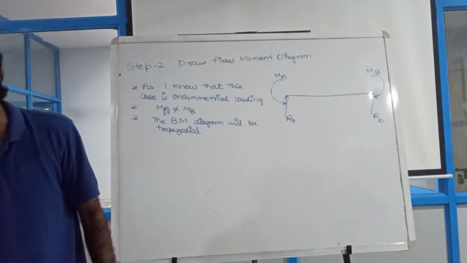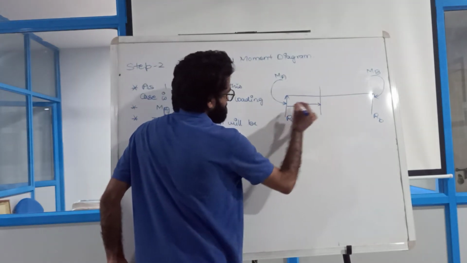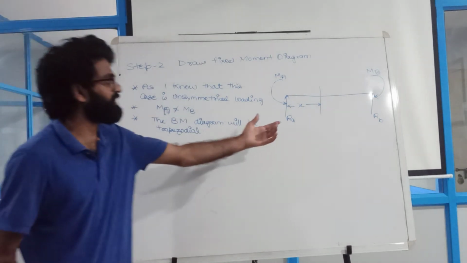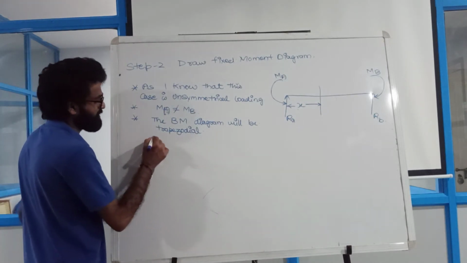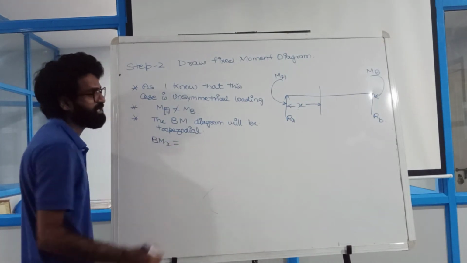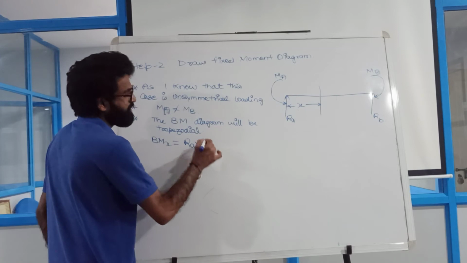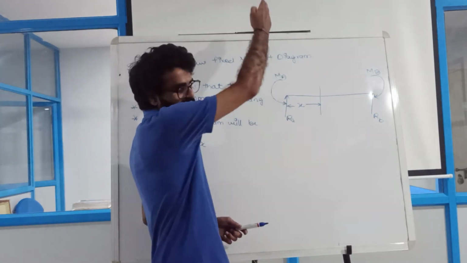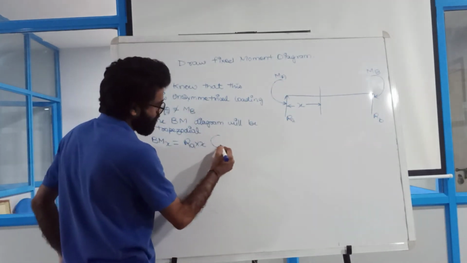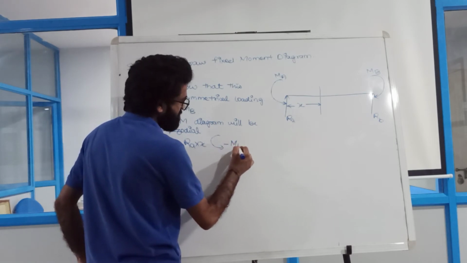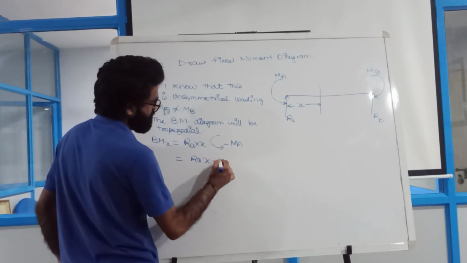If you don't want to get it from the picture, then you can simply calculate by the help of a formula. Let us say you consider a particular cross section at x distance. So I am going to calculate my bending moment at x. My bending moment at x is Ra into x, and it is Ra into x because Ra is acting in the upward direction, so definitely it is going to be positive. And you see Ma is acting anti-clockwise, that's why minus of Ma. So if I solve this particular term, I get Ra x minus Ma.